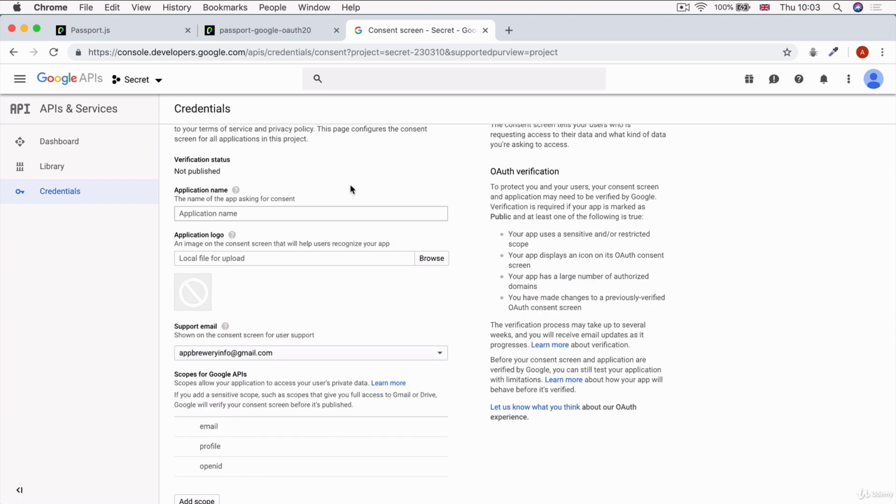And we're simply going to configure the screen that the user sees when they log in through Google and grant your application access to their data. So it's helpful for them to know what application they're talking about. So we're just going to put in the name of our app here. And if you have a logo for your app, this is where you would upload it